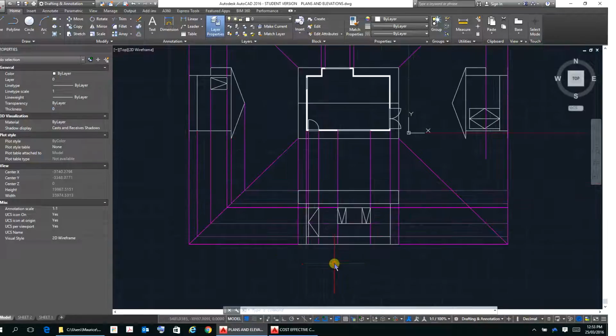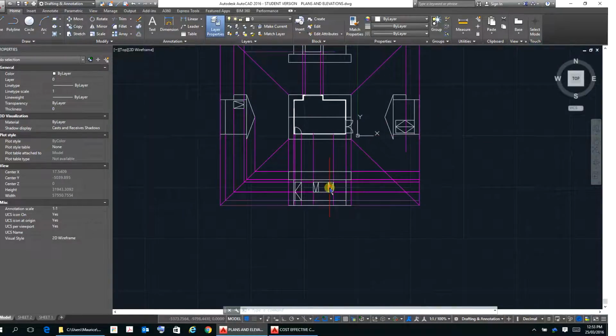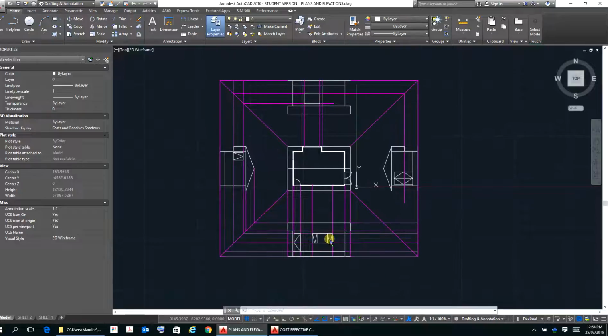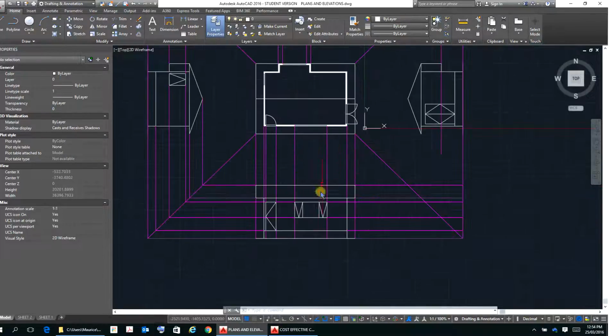So the first one obviously to draw is this one here, and I've tried to make each side of the house different. So this has a door and a window, this has the double doors there, there's a kitchen push out here, just like a bay window type thing, and that reflects itself up there. So drawing this elevation here, we put our ground level in here and we flick through to there,